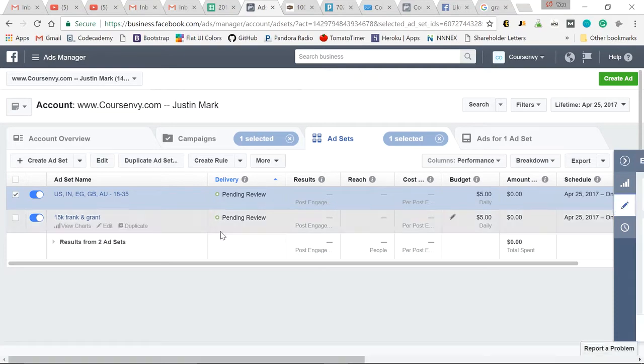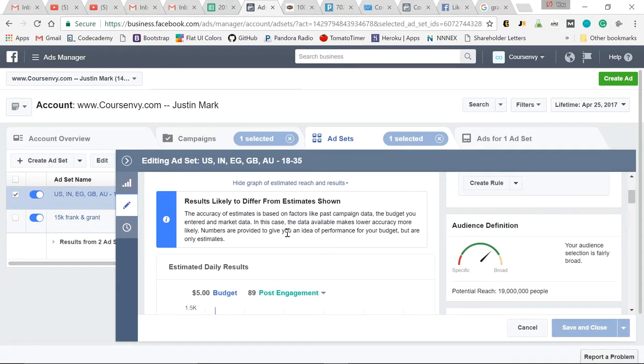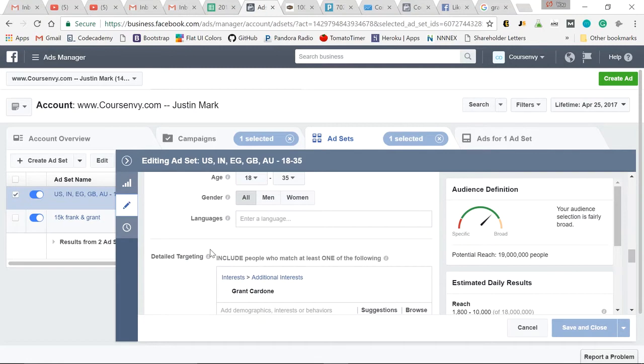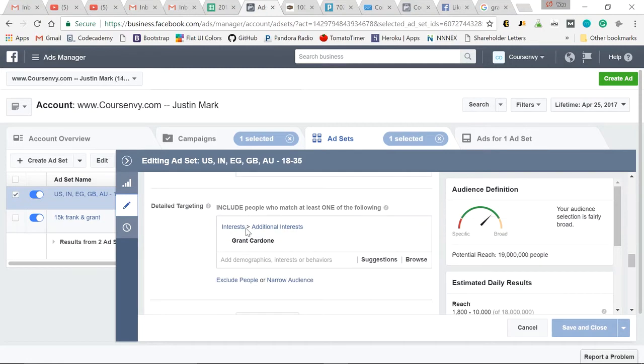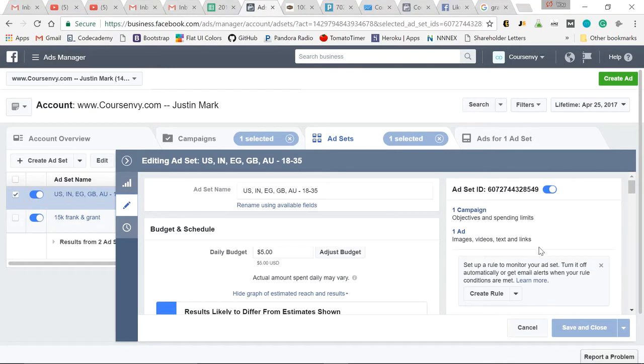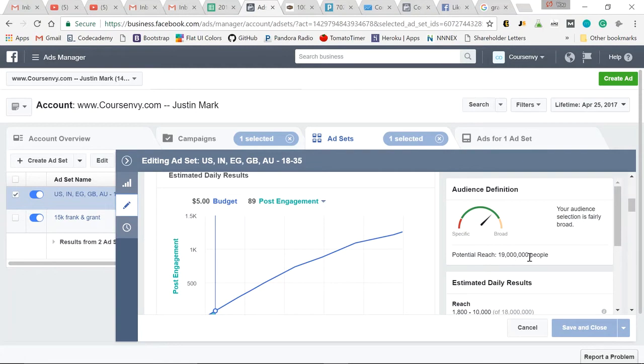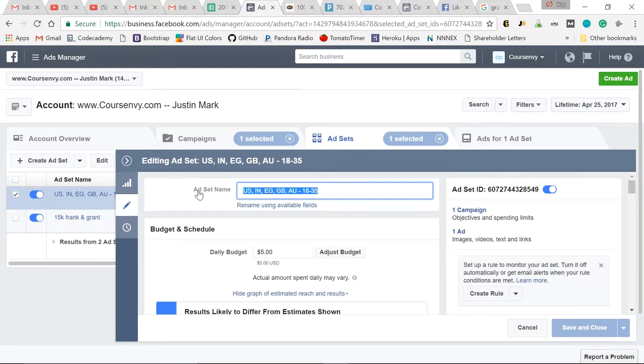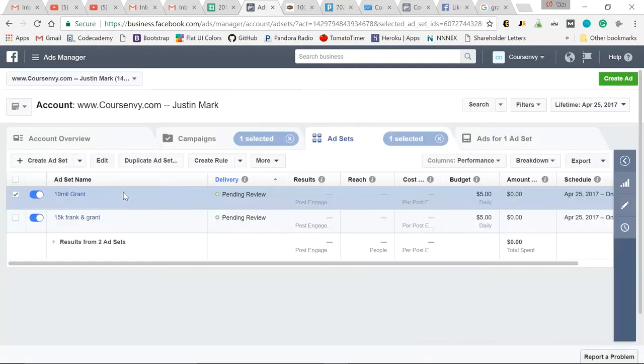Pull this out again. Great. So let's name that. It was 19 million. So now let's wait and see which one gets us better post engagement, more leads on our site, and likes